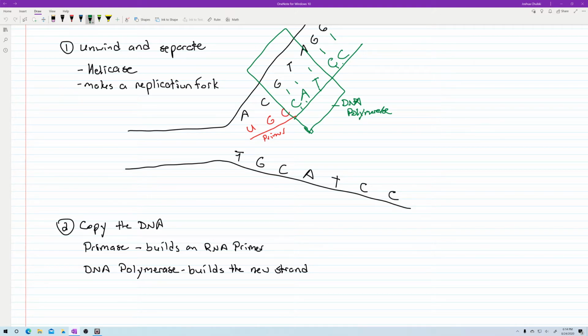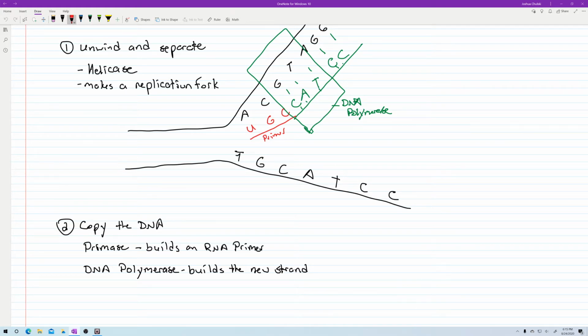Okay, the other side is a little bit more complex, but it basically follows the same rules. Okay, DNA polymerase can only go in one direction. And your DNA is actually a two-way street. It's got one going one way and the other one coming another way. So with DNA polymerase on one side, called the leading strand, it can just go straight. Once it attaches to a primer, it can just keep going. However, on the other strand, called the lagging strand, DNA polymerase can only do it in small chunks called Okazaki fragments, and it doesn't matter. Okay, but the same principle